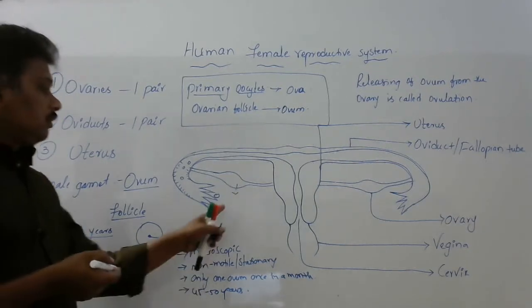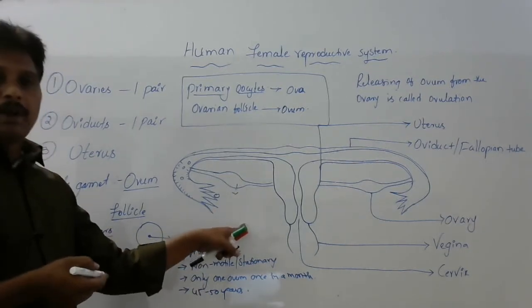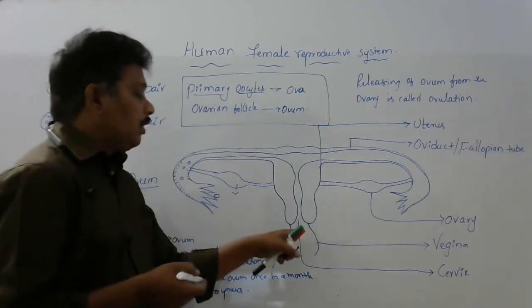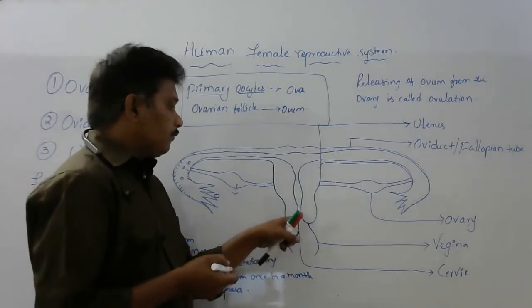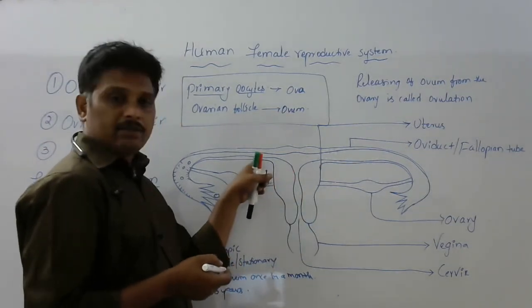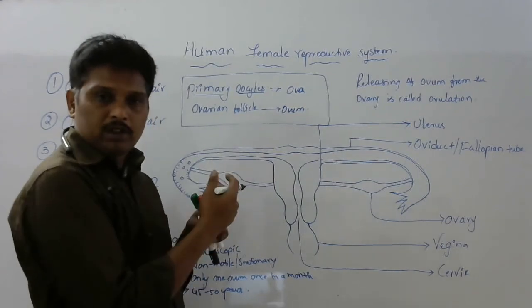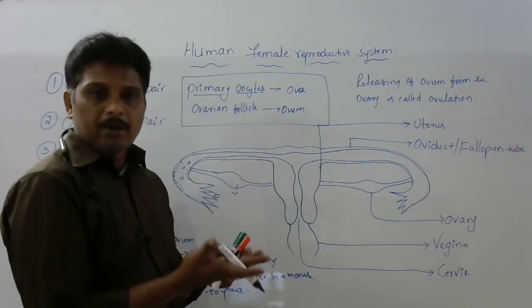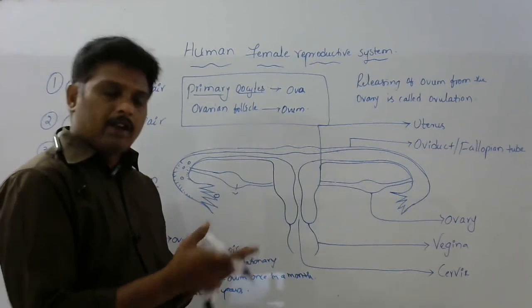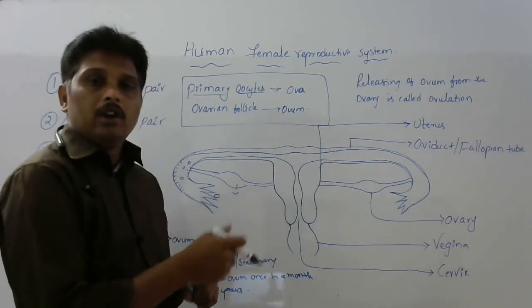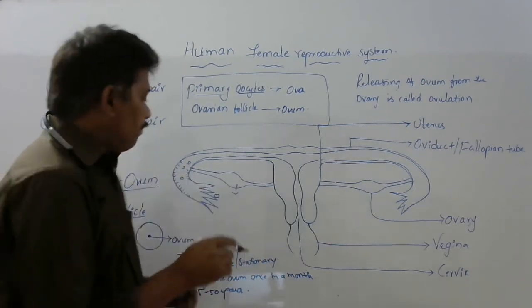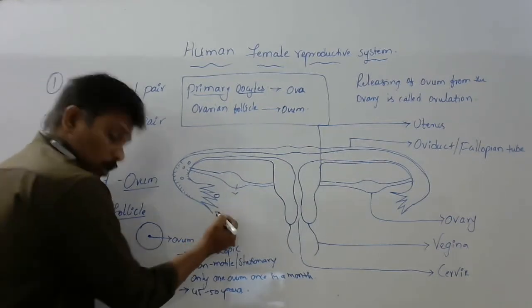If this male participates in sexual intercourse and sperms are deposited, if sperms come in contact with this, the sperm may fuse with the ovum. It results in the formation of zygote. I will explain it clearly later. Now, by the time of ovulation